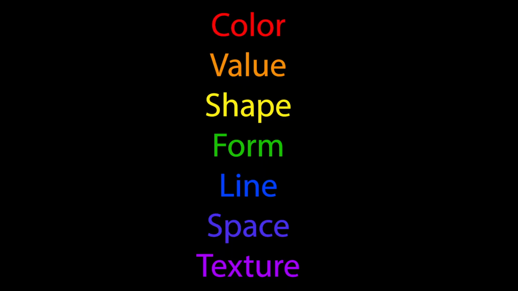But what are the elements of art, you ask? Well, the elements of art are the building blocks that artists use to create a work of art. Usually, we break them down into 7 different elements: color, value, shape, form, line, space, and texture. Each week we'll cover 1 or 2 of each of the elements, and to help me explain it to you,